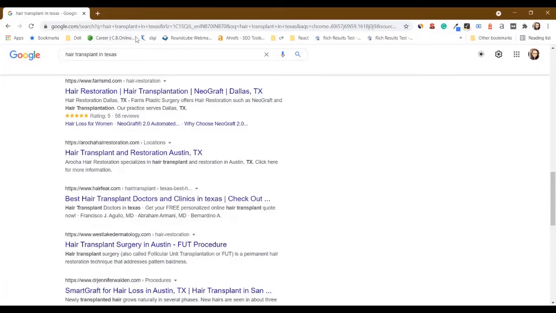The next schema is review schema. For many search terms, people look for ratings and reviews and make decision to pursue the website or business based on the reviews they see on the organic search ad. For example, when someone is looking for hair transplant in Texas and they want to see a rating, the rating schema will look something like this, wherein it will have the star marks as well as a number of reviews received for that particular website.